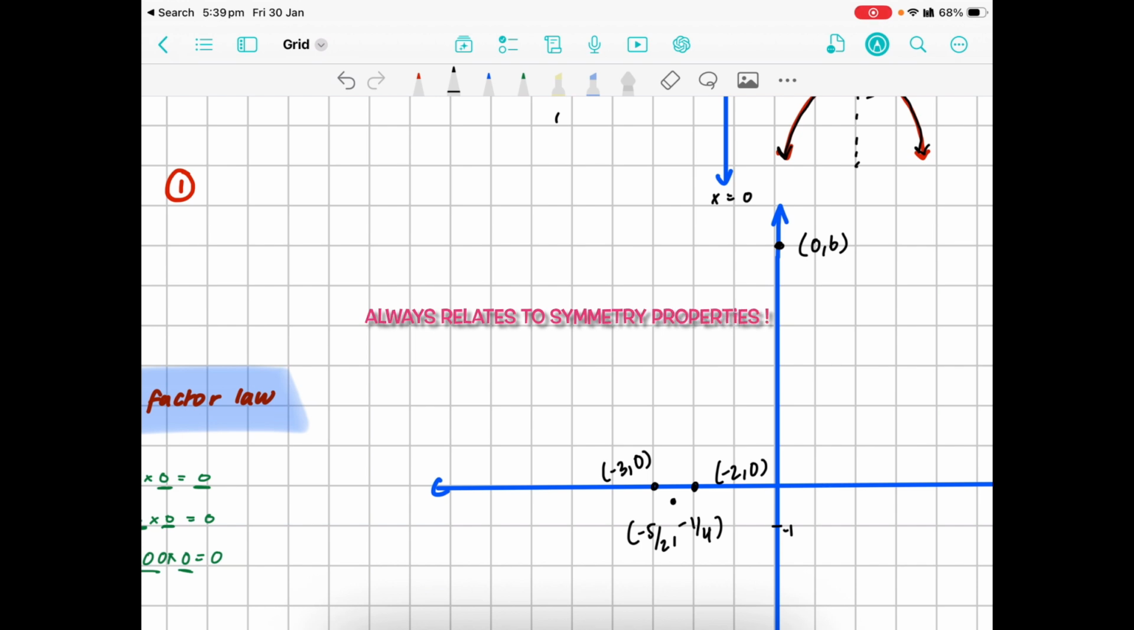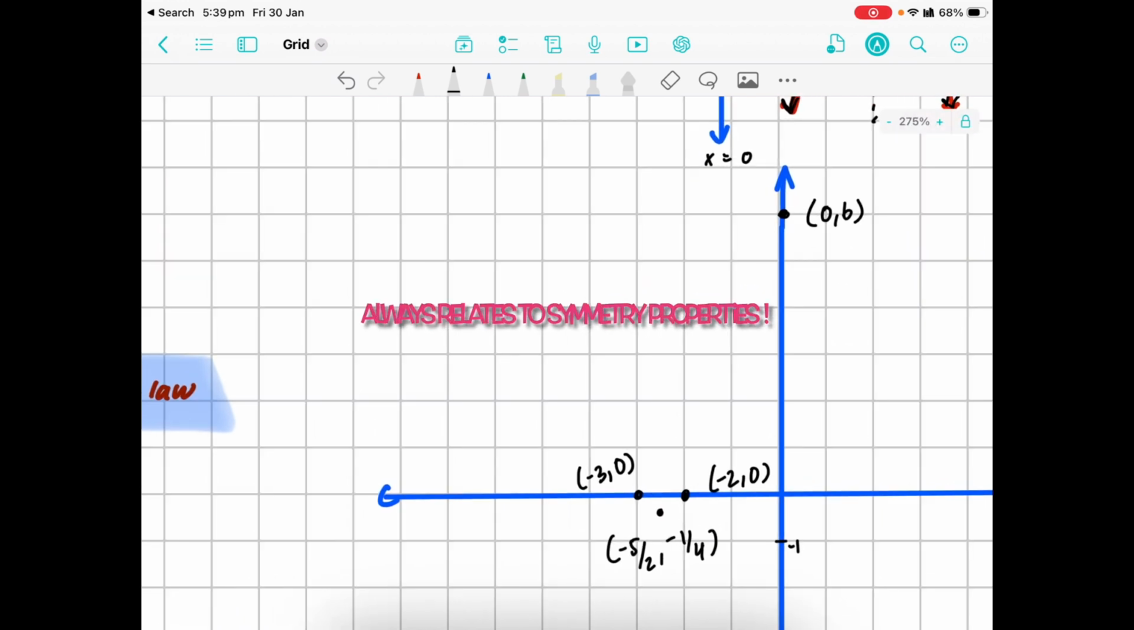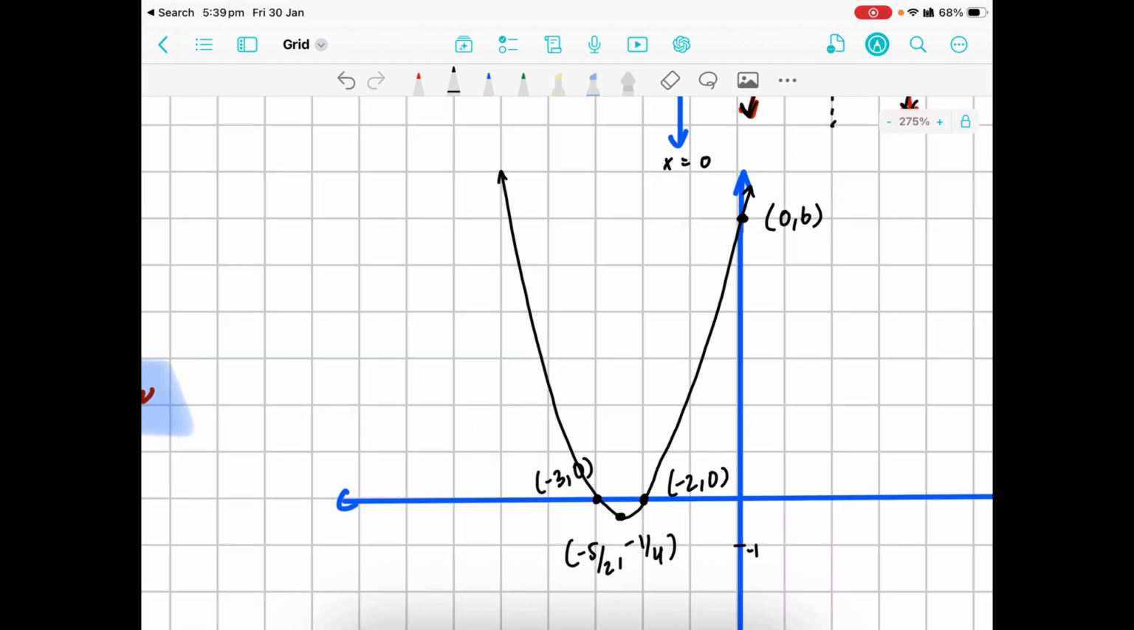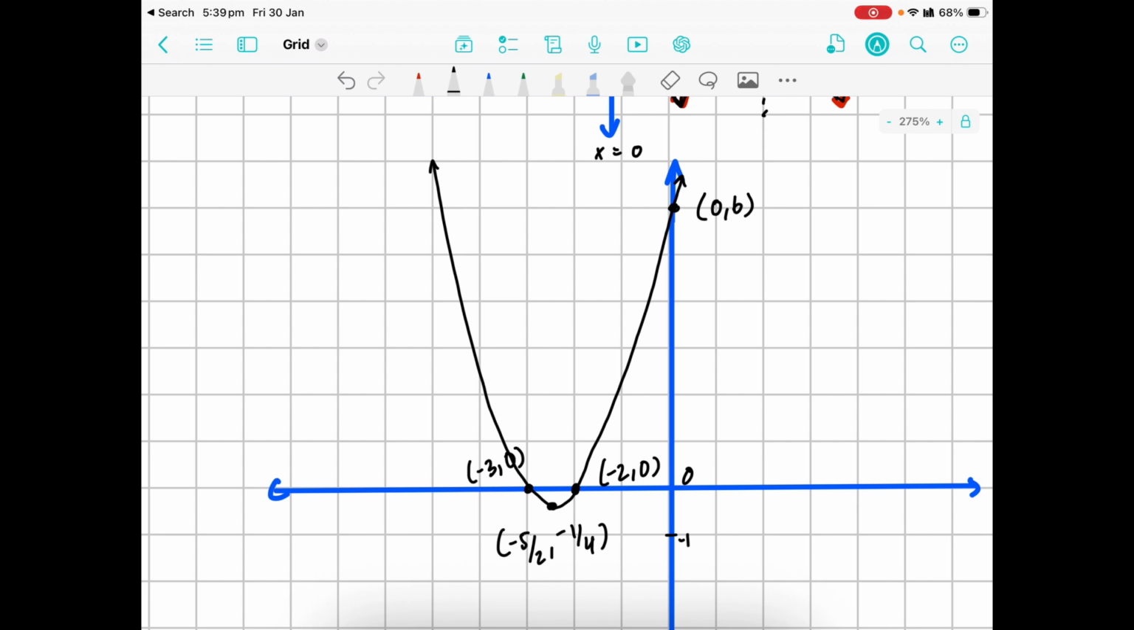It's really important to know its symmetry properties, and the reason it's symmetrical is that the turning point will always lie in the middle of the 2 x-intercepts. You want to draw your parabola super neatly, and the other side becomes easy to draw because it's exactly the same. That's basically how you draw a parabola. You want to label your y-axis, x-axis,